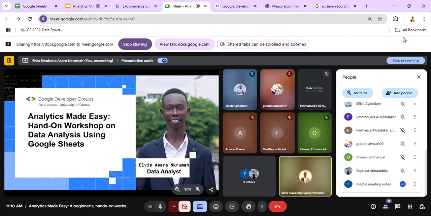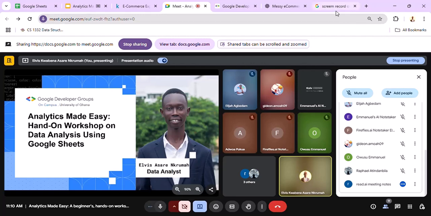I'll share the recording with those of us whose networks are not good or those who can't join due to interim assessments or IEs. So today's workshop, we are going to look at how Google Sheets makes our process of data analysis very easy, how it makes it less complicated, and how it can make our data cleaning process very